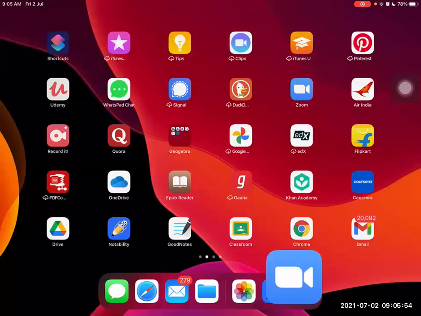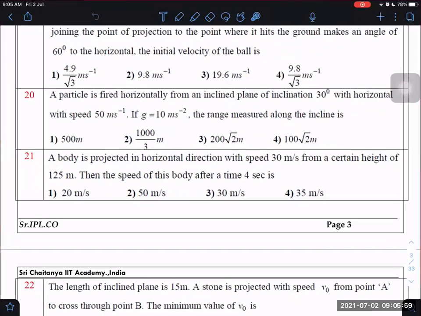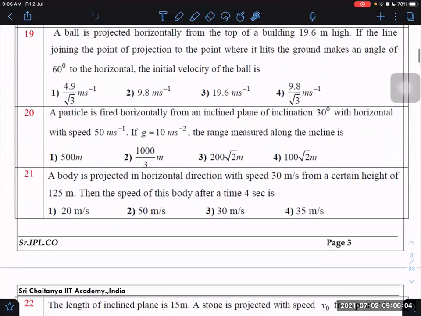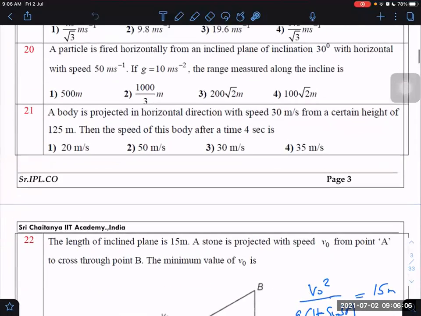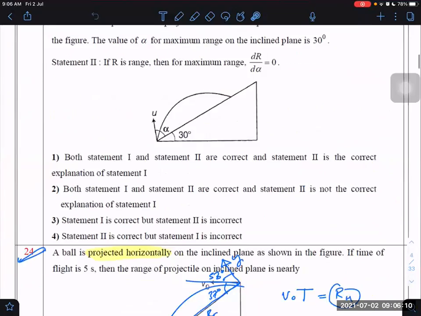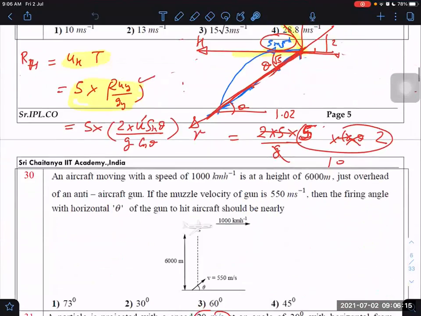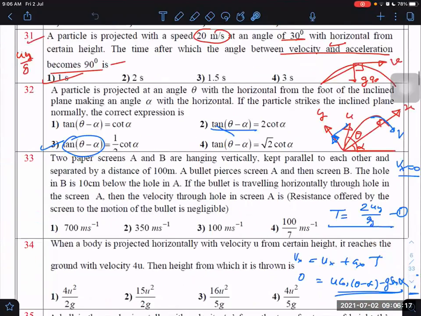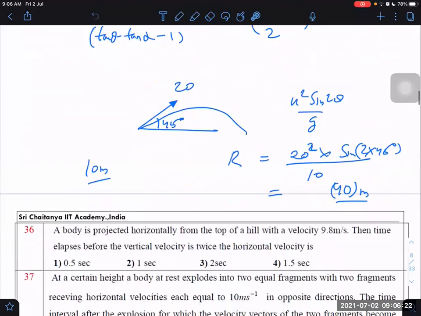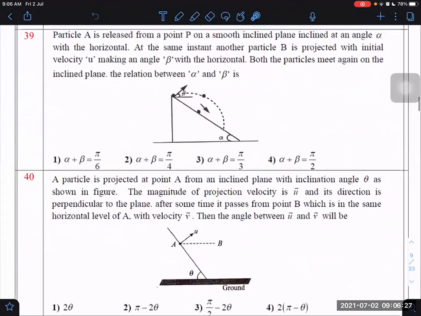Fine. Next we have. Okay. Are these questions done? 19, 20, 21? Are you doing the problems on your own, sir, or not? 30, 31, 32, 33, these I discussed yesterday in the evening class. 38 also I discussed. 39 onwards we can discuss now.